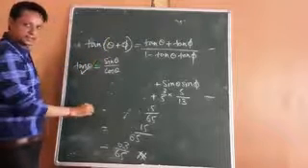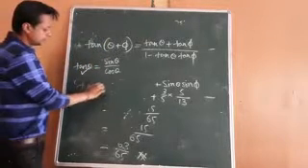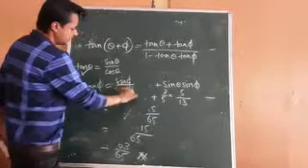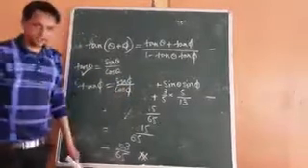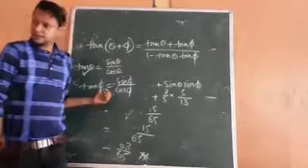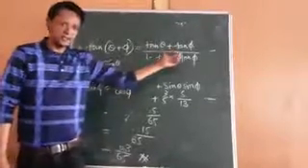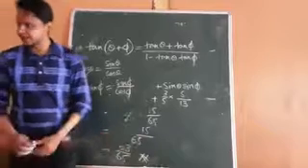You will get tan theta. Similarly, tan phi is sin phi by cos phi. Place the values of sin phi and cos phi, and you will get the value of tan phi. After getting both the values, substitute here and then solve. You will get the required answer.